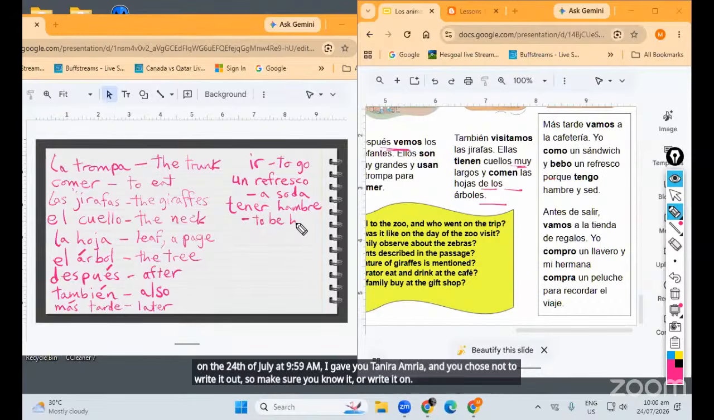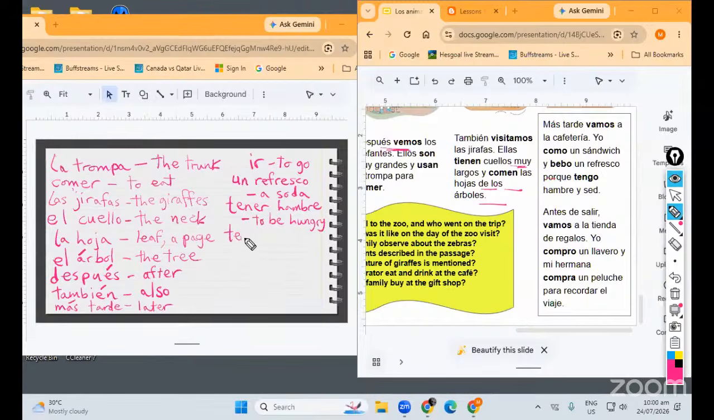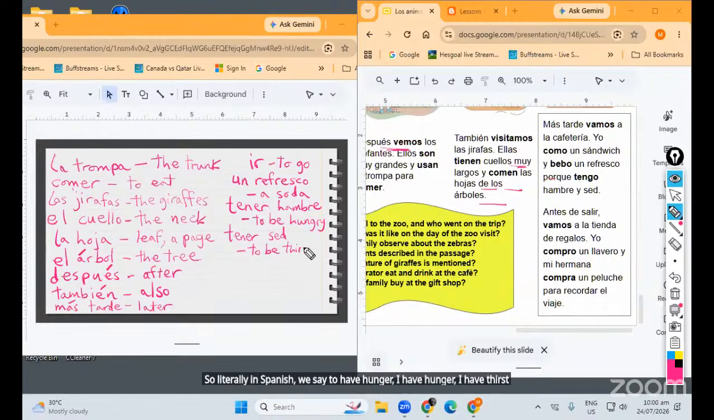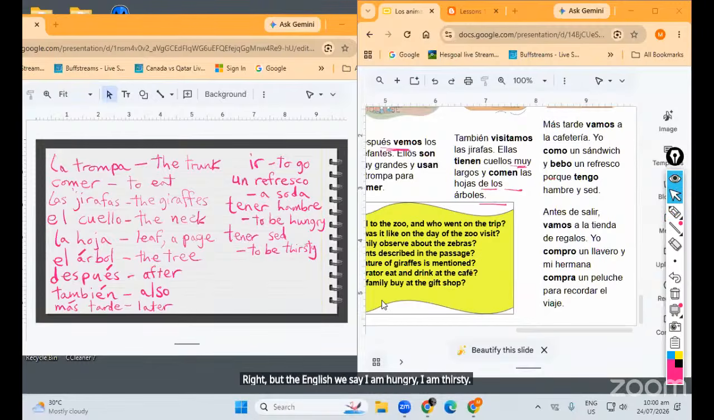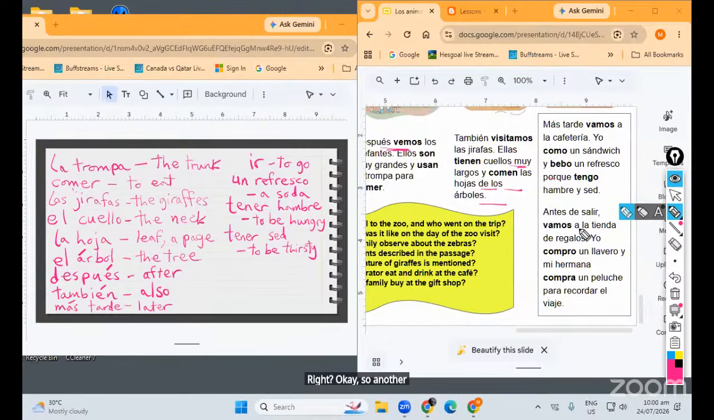To be hungry, and to be thirsty, tener sed. So literally in Spanish, we say to have hunger. I have hunger, I have thirst, right? But in English, we say, I am hungry, I am thirsty, right? Okay, so another little conjunction here, antes de,